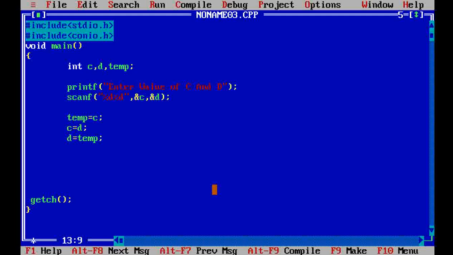In this way we exchange the values. After exchanging we print here.